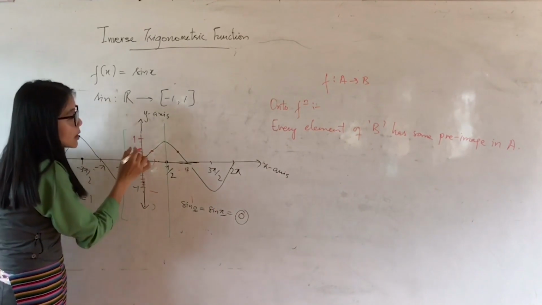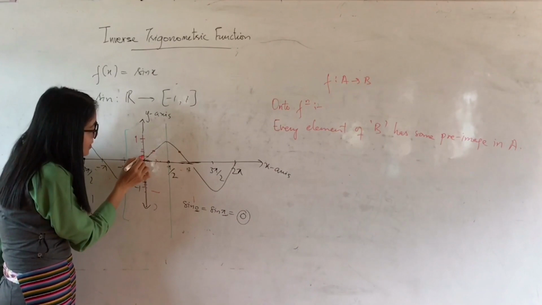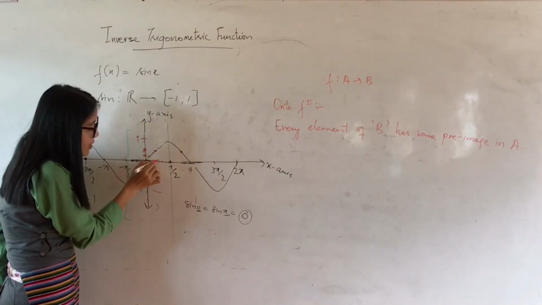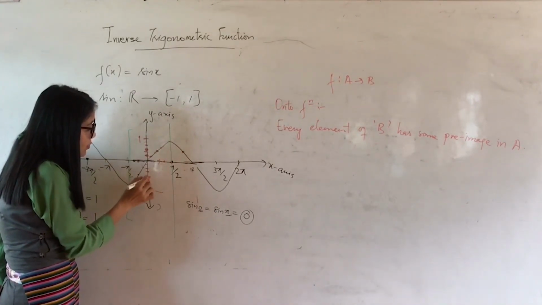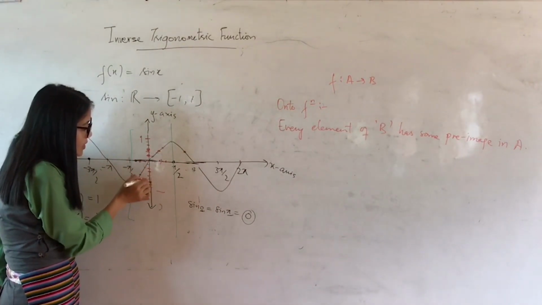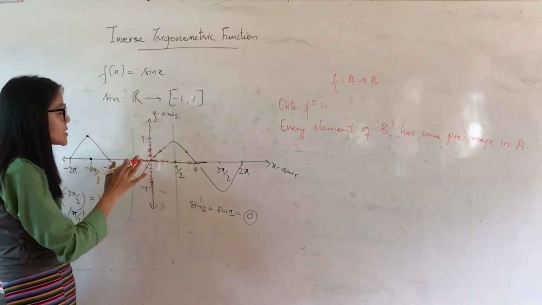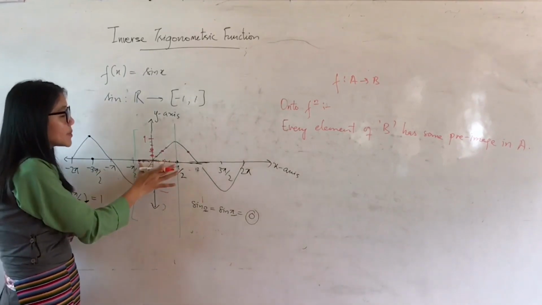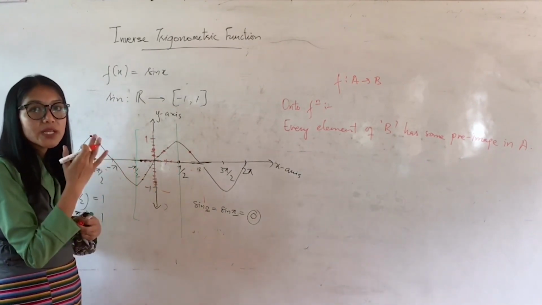So now B means the set of range. If I consider a point here, you get a pre-image here. If I take a point here, you get a pre-image. So you can see that for all the range, any point you take has a pre-image. So in this interval, the function is both 1-1 and onto. Hence the function becomes bijective in this interval. If the function is bijective, then we can find sine inverse within that interval.